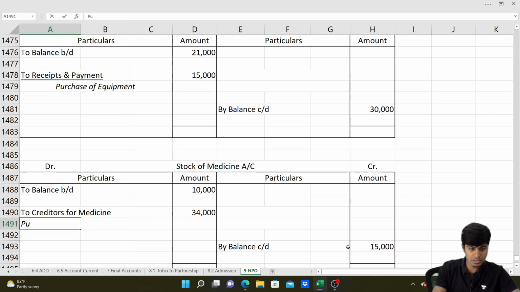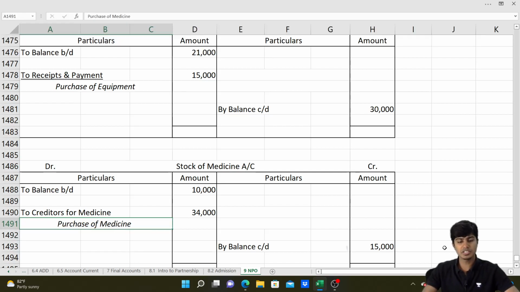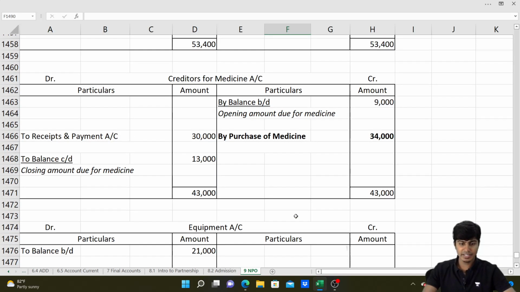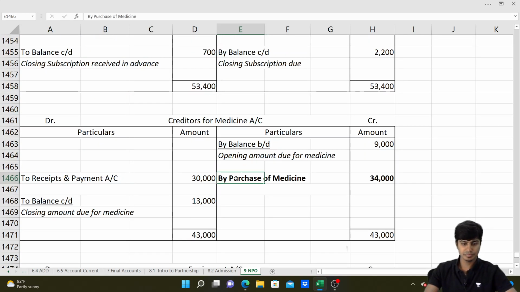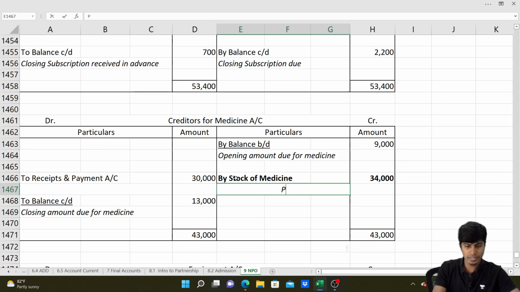This is, oh sorry, purchase. You purchase medicine during the year. And in here, instead of writing purchase of medicines, I'll write stock of medicine. And here I'll write